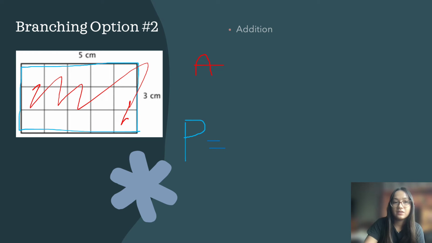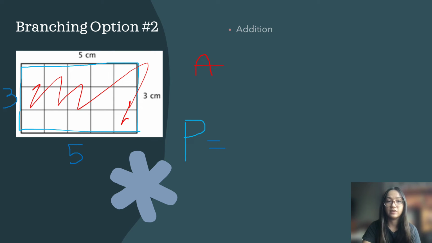So if this side is 5, we can use our previous method of counting the squares to determine the other side. 1, 2, 3, 4, 5. So then we would label this side with a 5. And then 1, 2, 3. So we know that this side is a 3. And then we know that perimeter